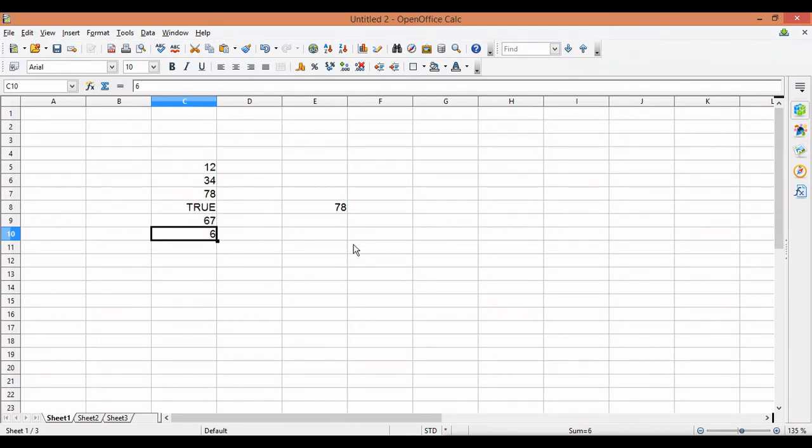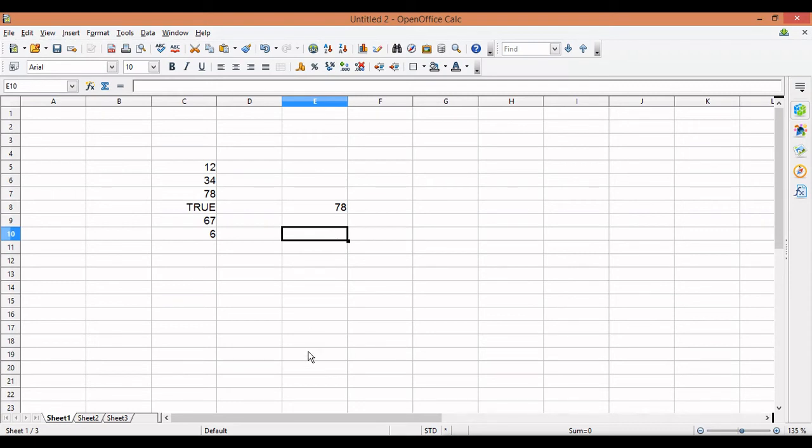But it will not give us the answer, because 78 is the maximum of all these numbers. But if in place of MAX I had used MIN, it would have given me the result as 1 only, because TRUE is treated as 1. So the logical values are also considered in our MAX function. So this is the MAX function. We have seen the empty space is ignored, the text is ignored, but the logical values are considered.